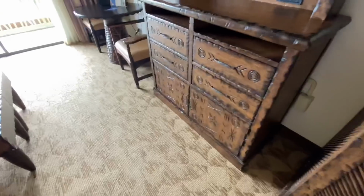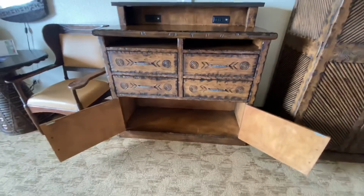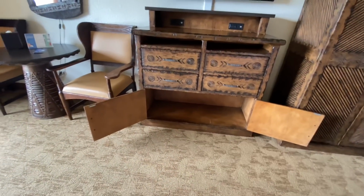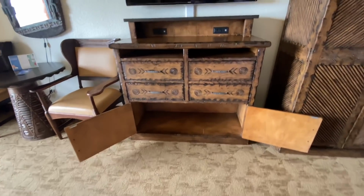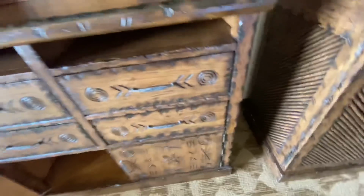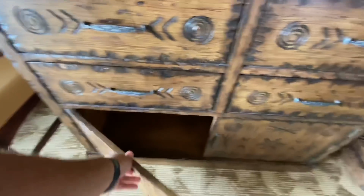And if the luggage rack isn't enough for your bags, there is what is supposed to be some bag storage down here. It's not particularly giant. It's not very wide. So I just feel like there's a lot of people who won't have bags that fit here. And because the doors swing out, it's not really going to be effective to have the doors open all the time either. So just so you know,